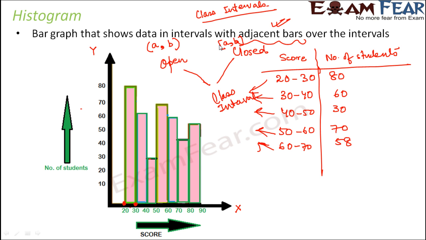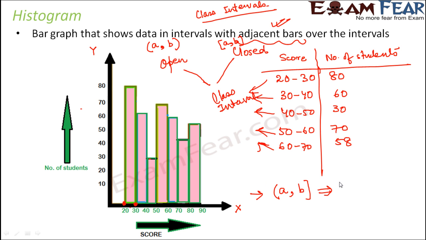Now in case of a histogram, you can consider each of these intervals. Now you have two possibilities. The first possibility is you could have an open lower interval and a closed upper interval, or you can say open left interval and closed right interval. So this kind of interval is possible. So if you have this interval, that means for the first class interval, you are considering values which are greater than 20 but less than or equal to 30. That means 30 is included in that interval but 20 is not included, because the upper limit is closed. So 30 is included but 20 is not included, right?